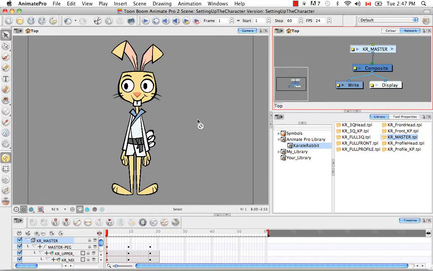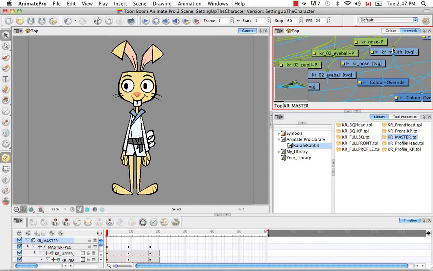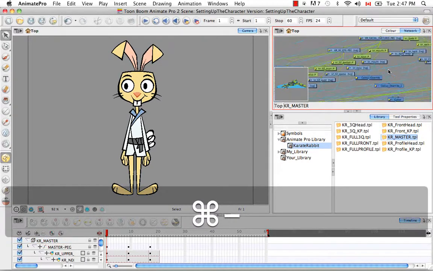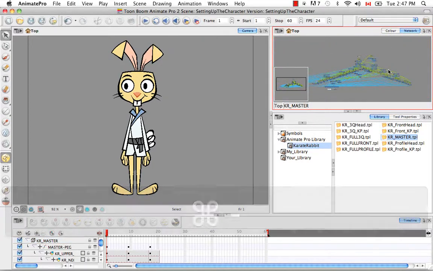So the first thing we have to consider when using IK is how our character is rigged. As I mentioned in the previous tutorial, if you use the basic rig, this will not work at all. If you're following along with the tutorials and using all the sample material from the previous tutorials, your character is rigged using the hierarchy method. And if we enter our module, you can see that it's rigged like this. If you have a mixed rig, which means that maybe there's a hierarchy chain along the limbs, so the legs and the arms, but nothing for the body, the IK should still work. It'll make connections between